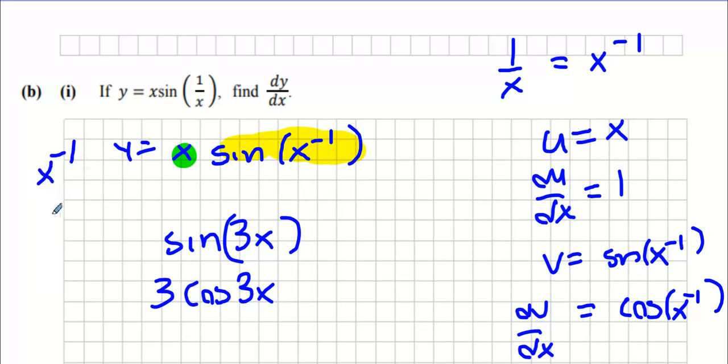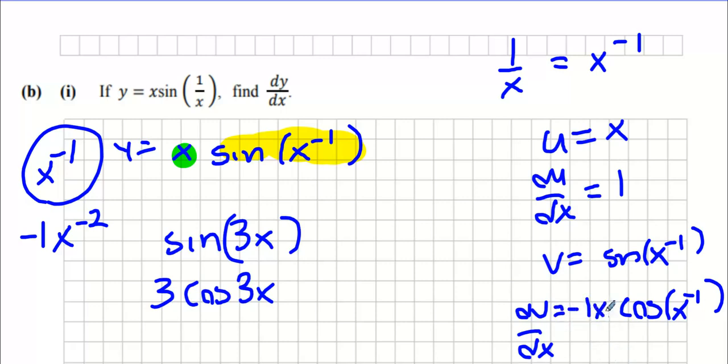When you differentiate x minus 1, you take 1 away from the power. You bring the minus 1 to the front. So minus 1 x minus 2. That was awkward, wasn't it? That was quite a tough part. You cool with that? Now,